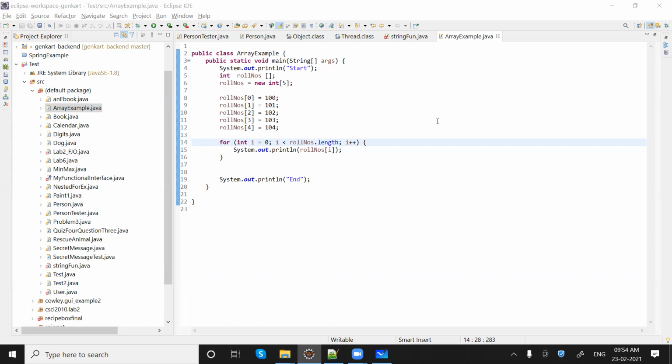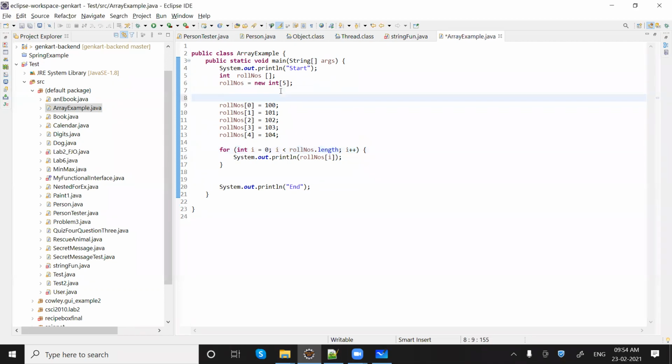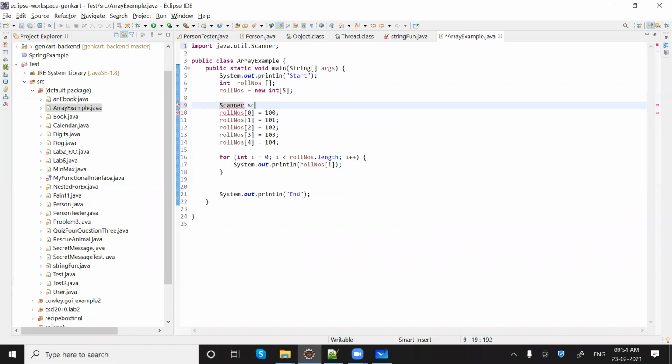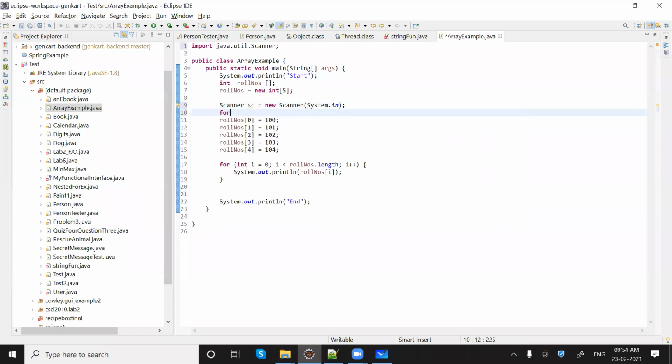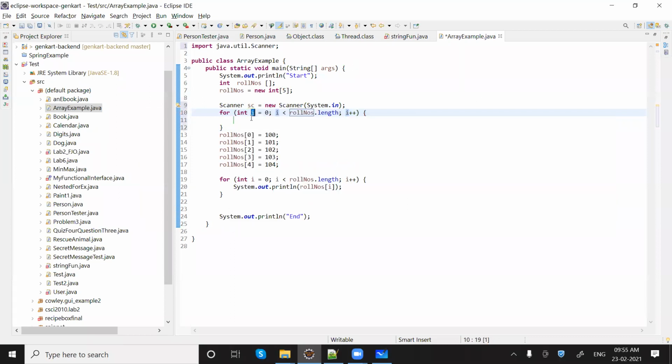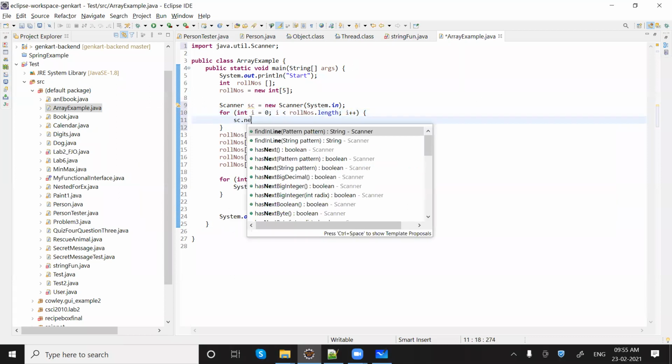First we will be entering the first 10 numbers into that array, then we will be doing the sum of that array. Or let it be, instead of the first 10 numbers, let me ask the user for some numbers and keep them in an array, right? So for example, I want to ask a number from the user. What we can do is, we have Scanner sc equals new Scanner(System.in). Then we can say for roll numbers dot length, just do one thing, sc dot nextInt.